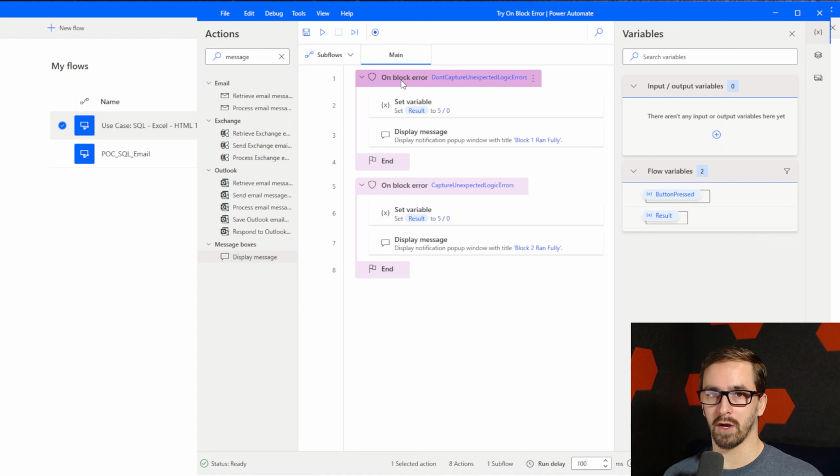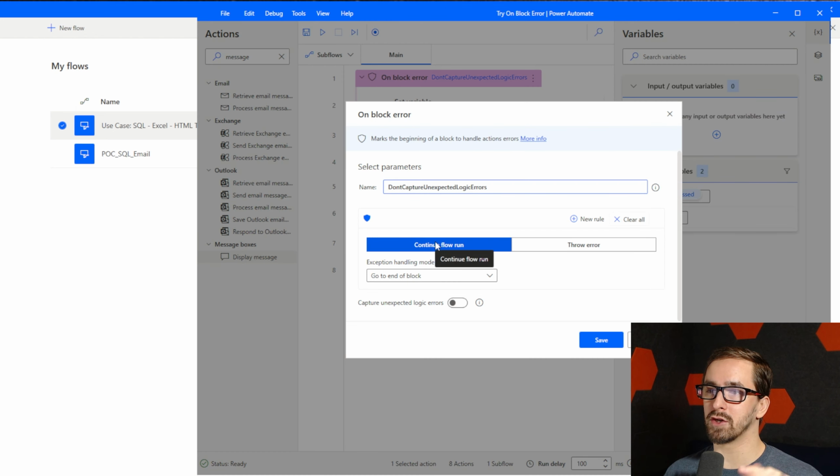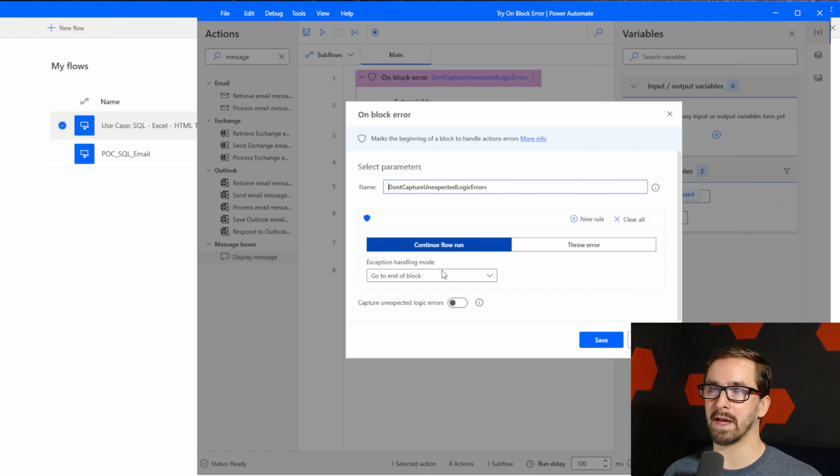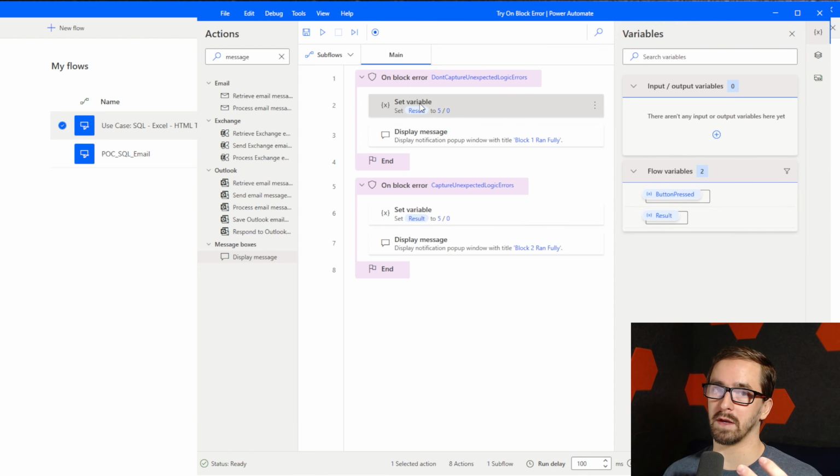one, if an error occurs, an error that's in scope, some error that we do deal with, it should continue the flow. It'll go to the end of the block, which means that it skips everything inside the block. Like this stage will cause an error. It'll skip this stage and go to end. But because I've set it to not capture unexpected logic errors, such as division by 0, it shouldn't consider this